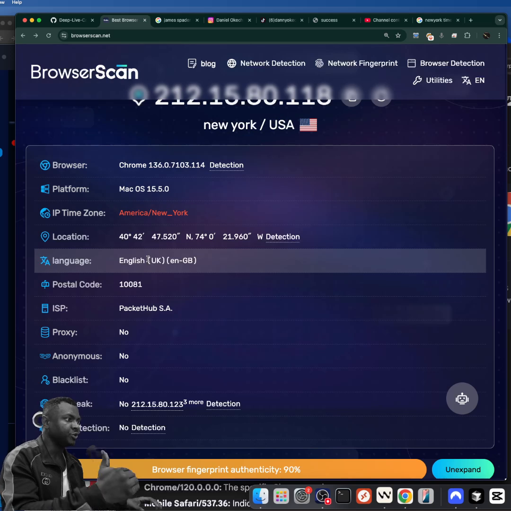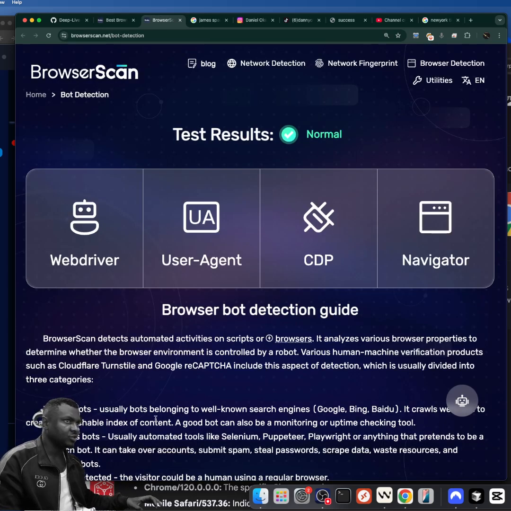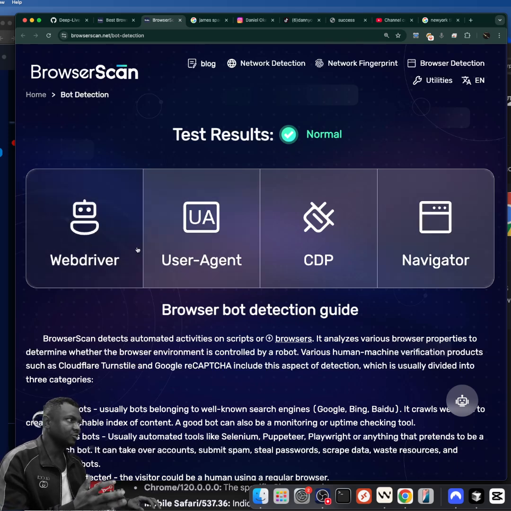Now, if you go beyond that, we start getting into where it detects if you're a bot. So at the moment, you can see it's showing that there is no bot detection. It is because it is noticing that there is no bot detection. However, I would want